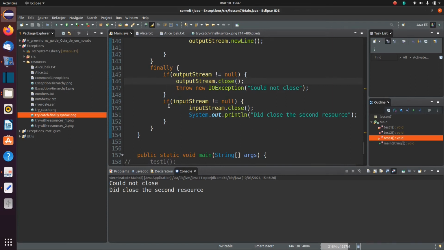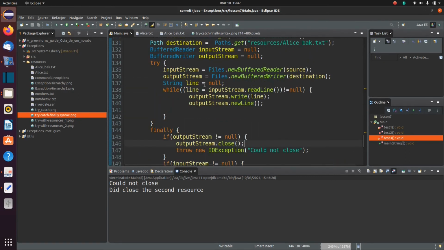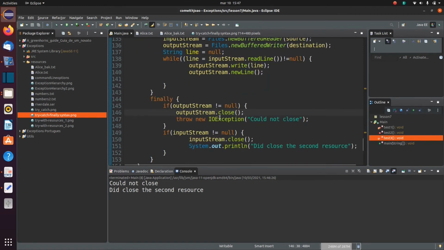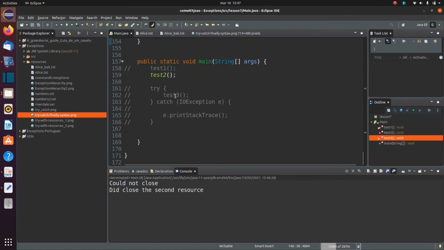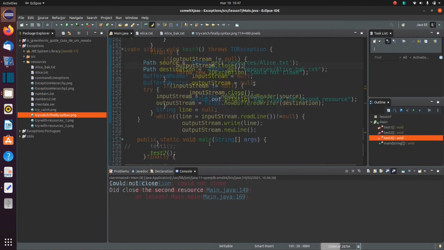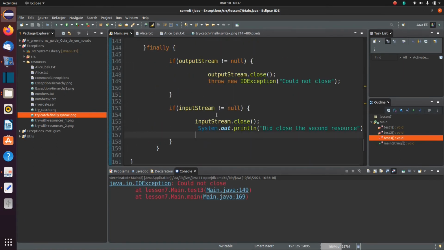So in this case, you see where finally we should actually handle the resources at the source, where we're using it, because otherwise we are propagating the one to the client, and then the other one never got handled. In test 3, we got a problem here that if the first